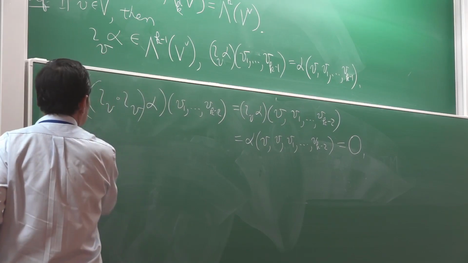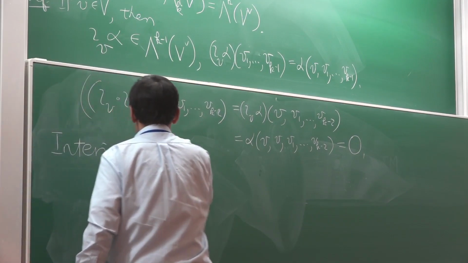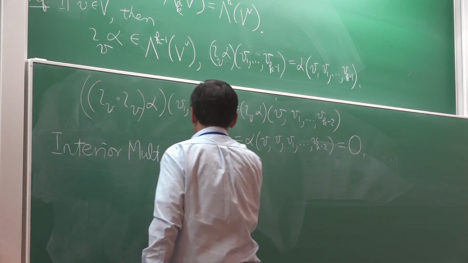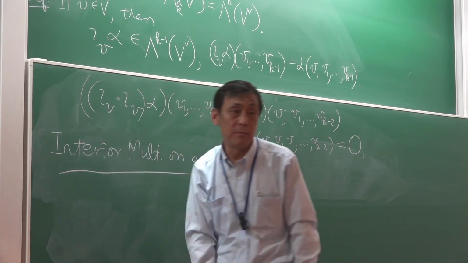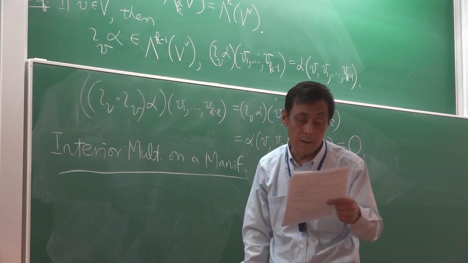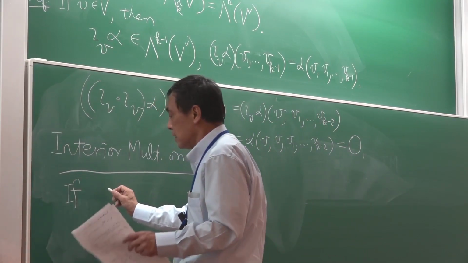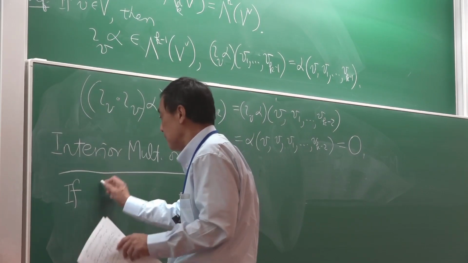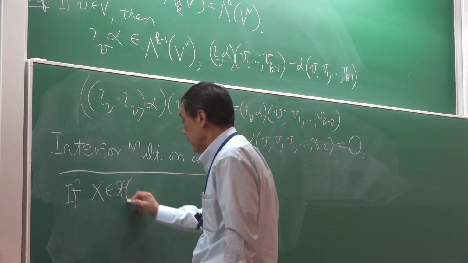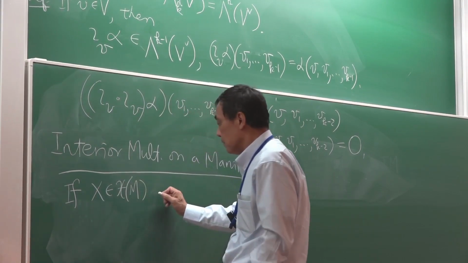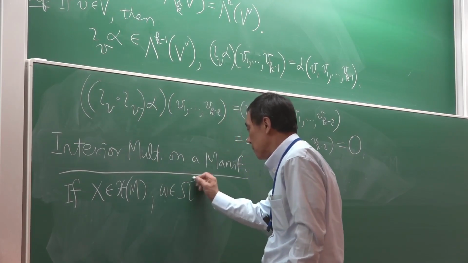So interior multiplication on a manifold. On a manifold, you just define it pointwise. But, yeah, and you can define it globally also. So if X is a vector field, and then omega is a k-form,